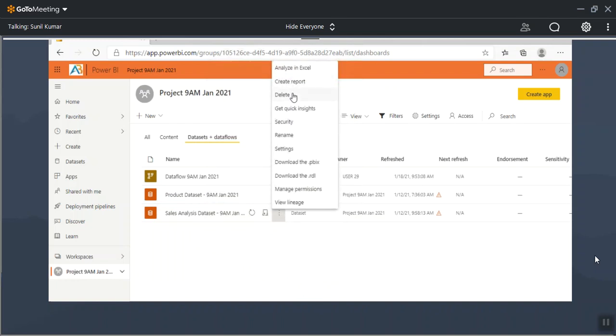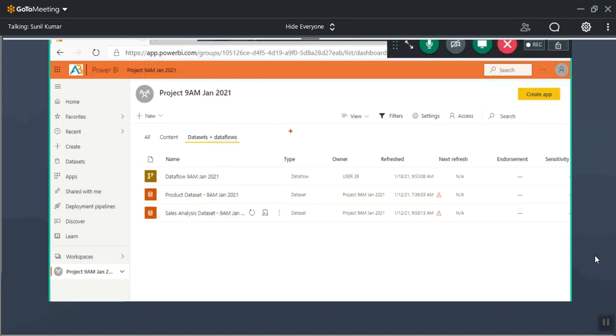Okay, then delete. You can go and delete the data set. In interviews, they'll ask you, when I delete the data set, what happens to my reports and what happens to my dashboards? On top of the data sets, we create reports and we create dashboards, correct?